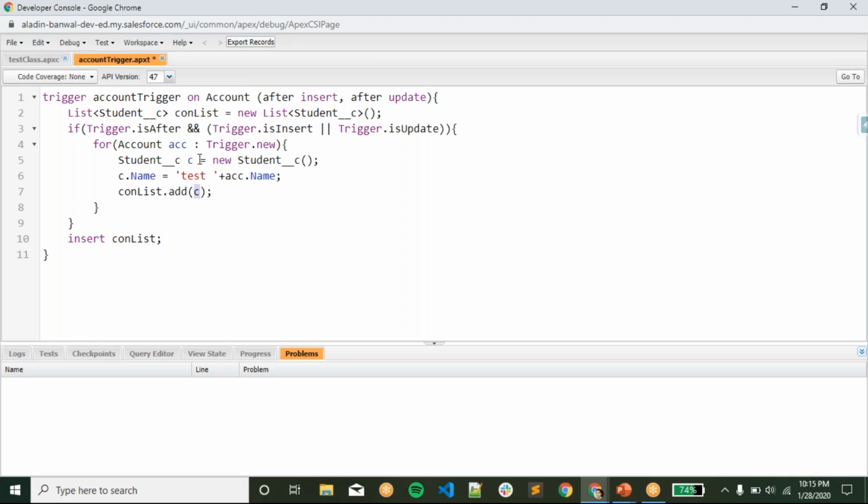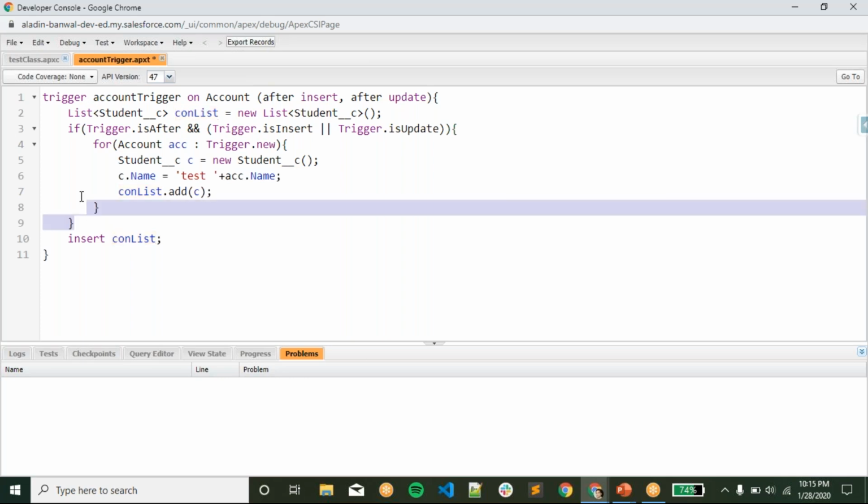So for the first account it will create a student, and then it will add this student inside this list. Then for the second one also it will create a student, and then again add this second student inside this list. So if there are 1,000 accounts coming, then there will be 1,000 students available inside this list.